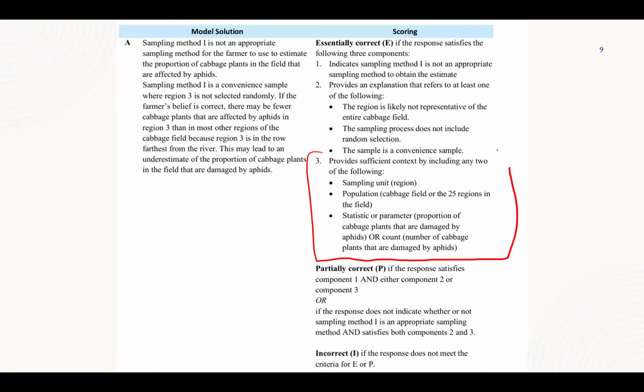You don't need to write a lot. But the biggest thing we wanted to focus on is the context part, because prior to this question, we were all used to saying, oh, as long as we said farmer or field or region, anything like that, it was fine. Context was taken. But now, the AP stat exam has been developing more into this writing and analysis kind of course. And so students, as you can see in component 3, for just part A, they wanted 2 of the following minimum. And a lot of people were surprised at that. But if you go back to the original prompts, I know.